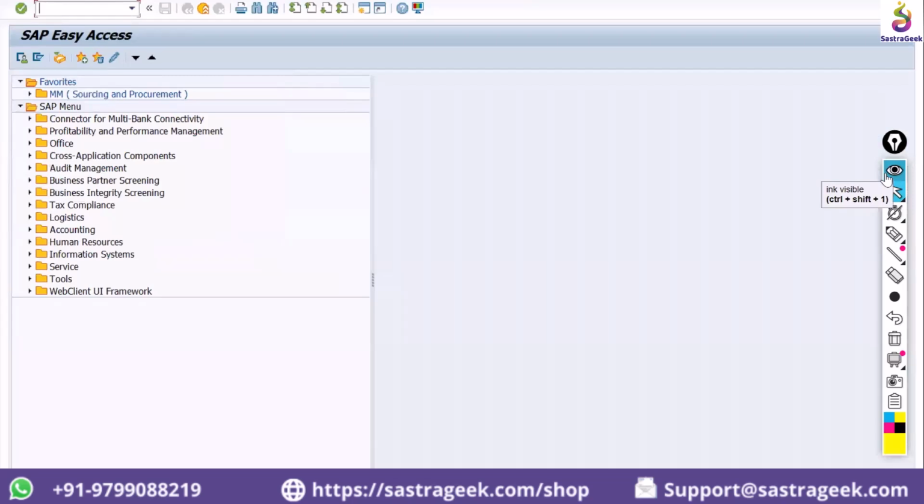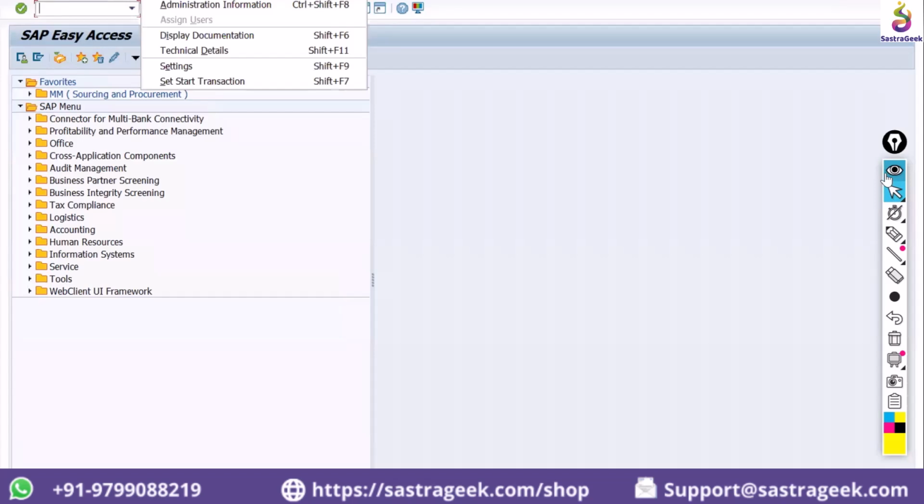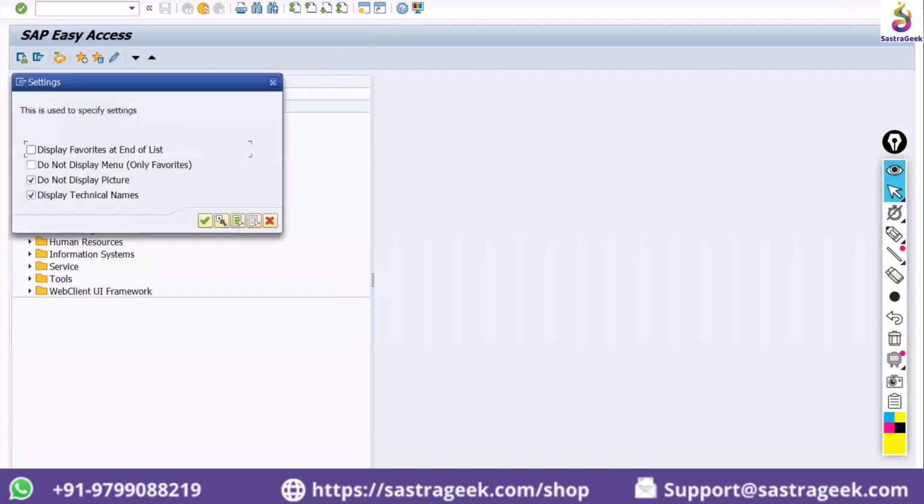Clear? So if you want to have a certain picture over here, or a display logo, or your company logo is coming over here, and you don't want to continue with this logo, it's a specific user transaction and a user setting which we are doing right now. So for your specific user ID, if you don't want to have that setting, just click on this "do not display picture"